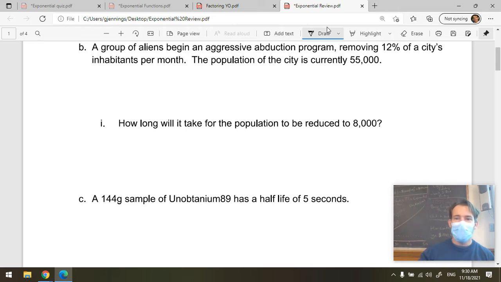Okay, let's keep going. Now we have exponential decay. So here, when we're setting up exponential decay situations, we have now a group of aliens who begin an aggressive abduction program, removing 12% of a city's inhabitants per month. If the population is currently 55,000, we want to know when will that population be 8,000? So in order to do that, we'd like to have an equation. So we would say that the population here is a function of time, and we're going to have the initial value, 55,000,